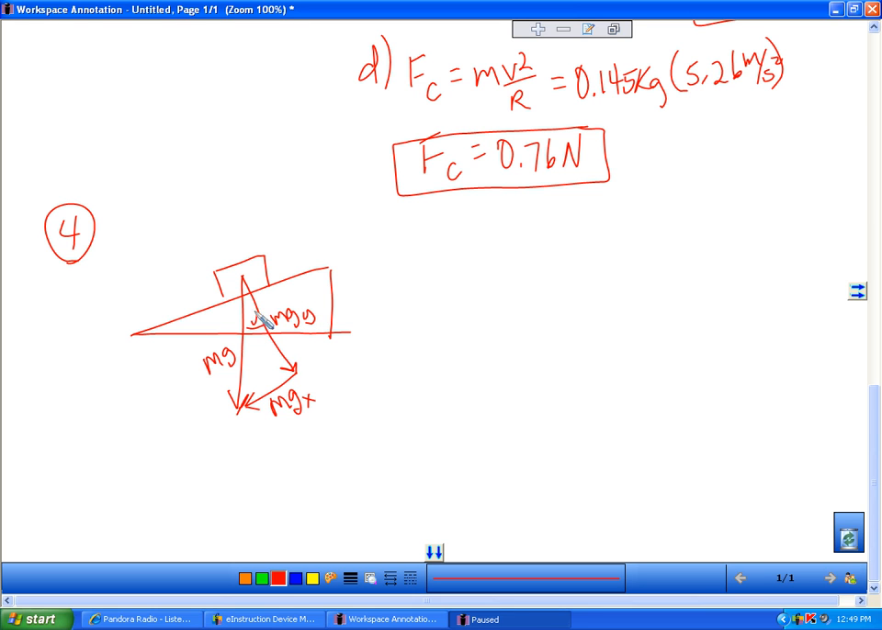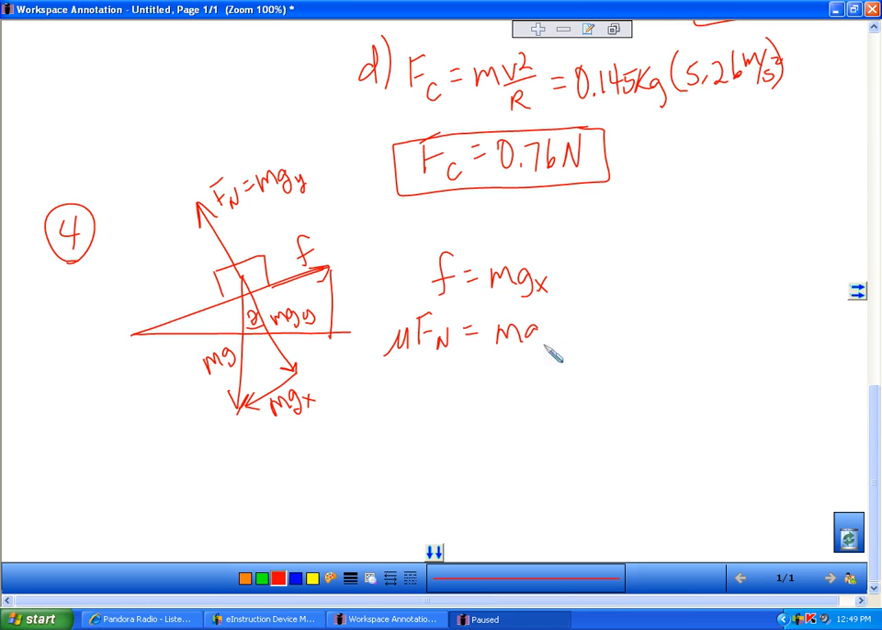I'm looking for that theta. This is my force normal. So my force normal is equal to mgy. So I know that if there's friction here holding it in place, and it begins to slip, then the friction will equal mgx. And the friction is mu times force normal